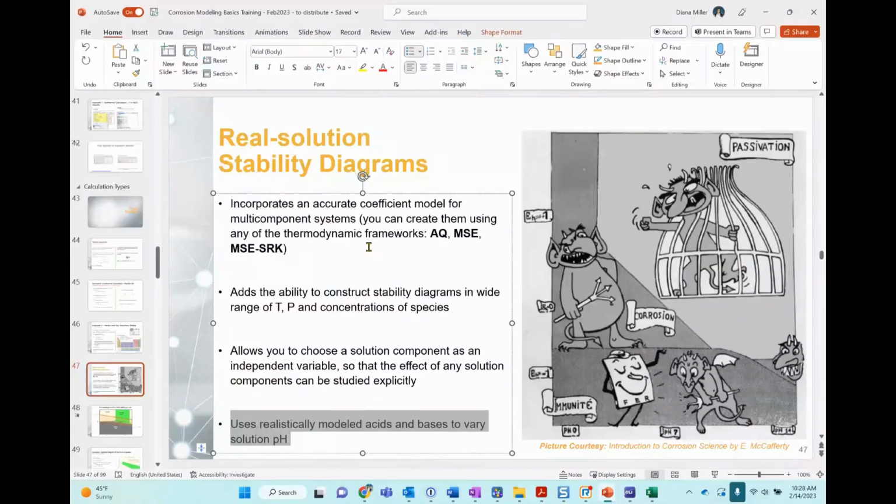The software also allows you to do that, because hydrochloric acid can create complexes, and it can create a lot of issues in the laboratory. So you can use some other realistically modeled acids and bases to vary the solution pH and match what you see in the Pourbaix diagram and what you see in the experiments.